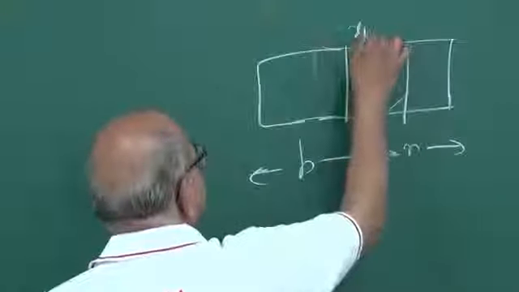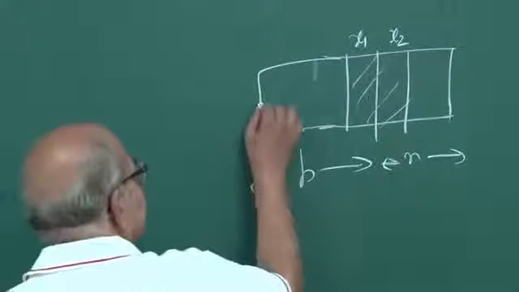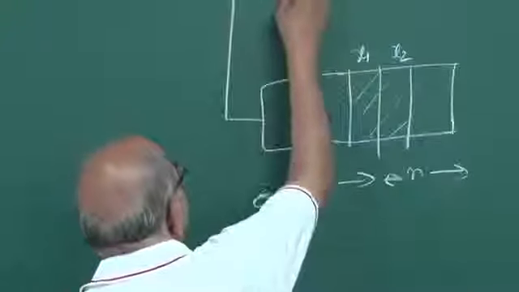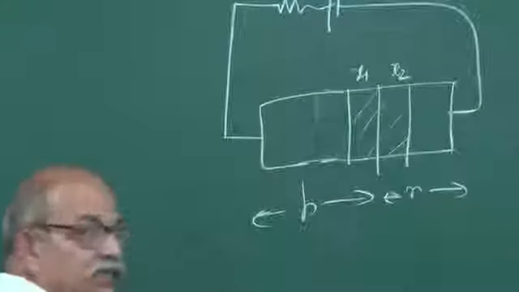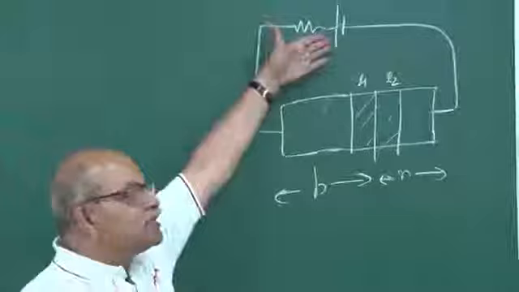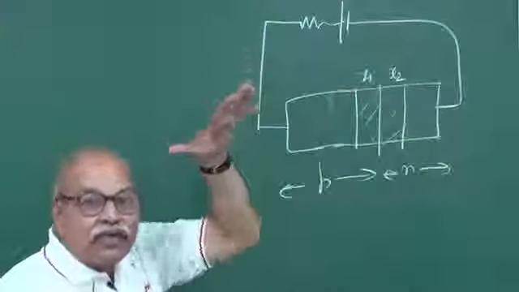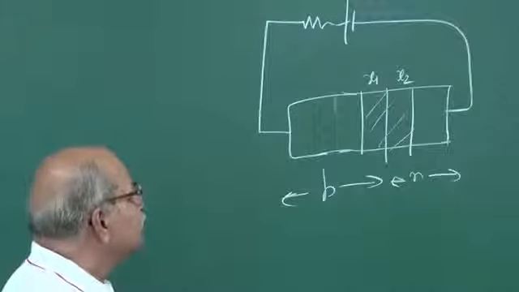This is of width x1, this is of width x2, and you connect p side to a higher voltage, that is the forward biasing, and this allows current. What happens? By applying this voltage, you lower that barrier, and then the diffusion takes place in large